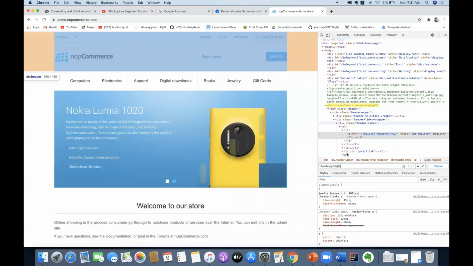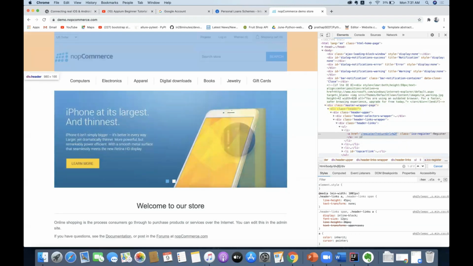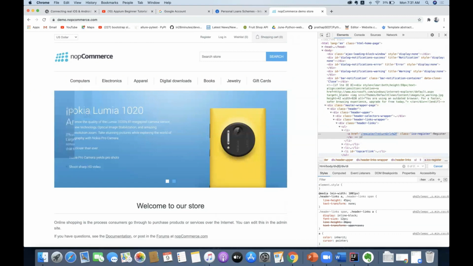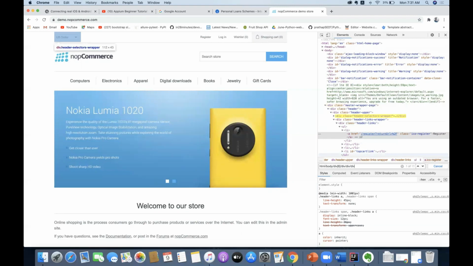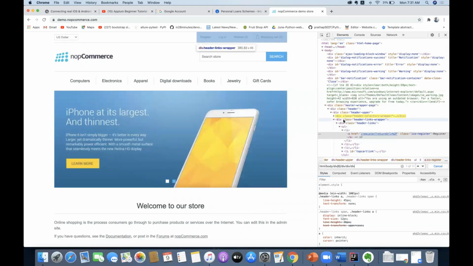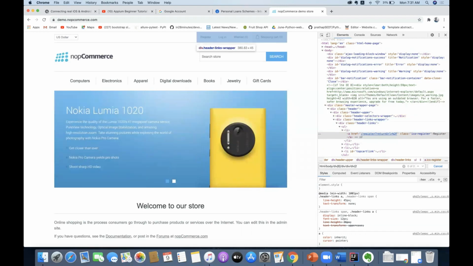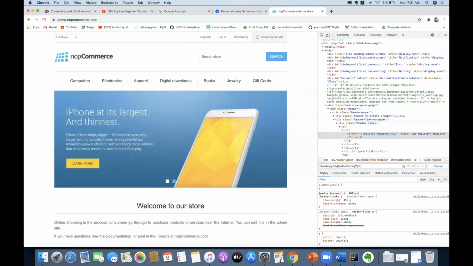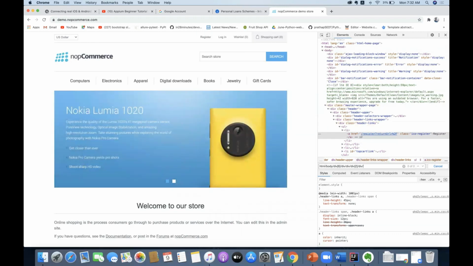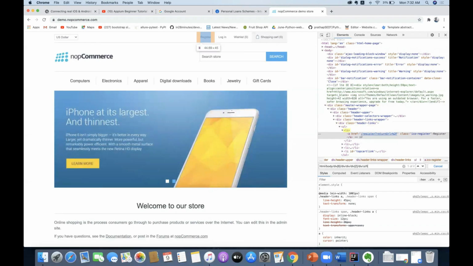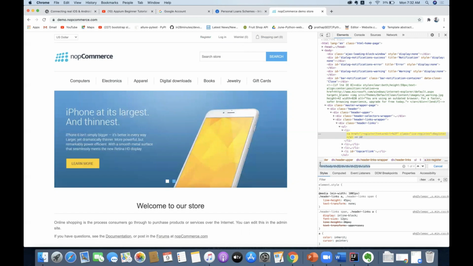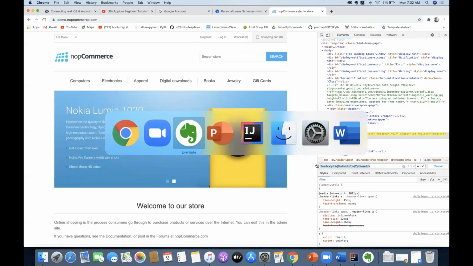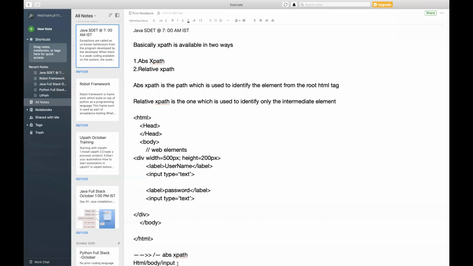Now inside that, there is a division again. Again forward slash, there is a division again. Again forward slash, there is a division, but unexpectedly it is my second division, so I want to use division number 2. Then again there is a division available. Again there is a UL, again there is an LI, and again I have to use the A. So to identify this particular element, the navigation path has gone through like this. Now this is your absolute XPath.